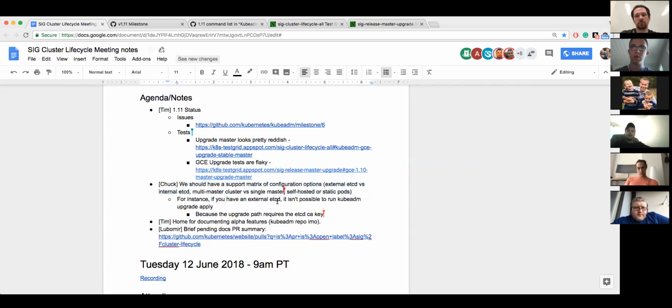But we haven't officially said that we support this. I know a lot of folks created the documentation, but it was community driven. It wasn't necessarily driven by the SIG itself. So I just want to be clear that we need to make sure we have formalization.